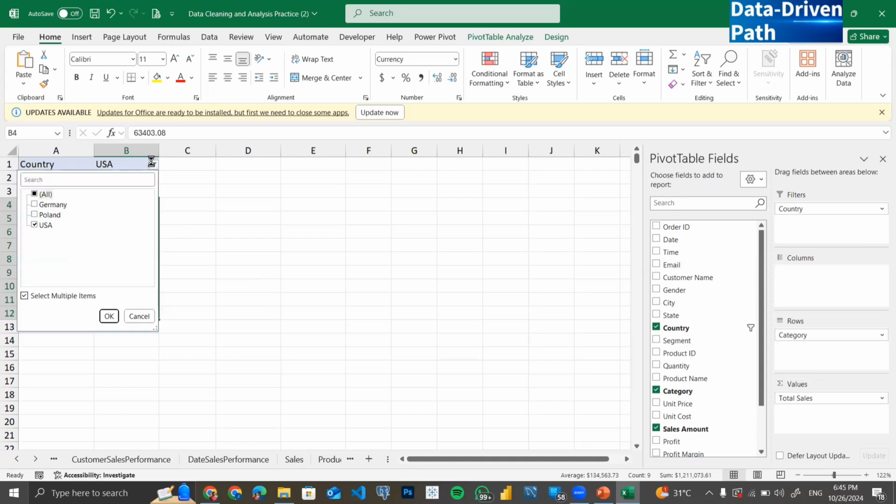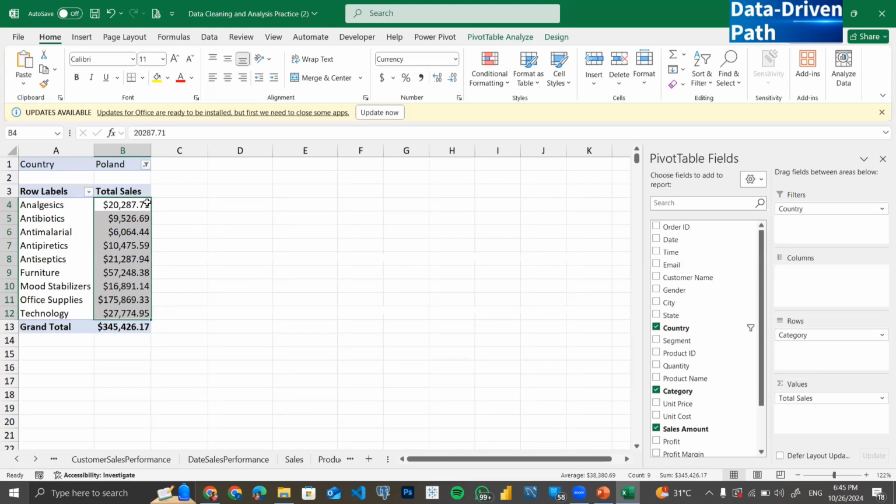You can come here again. Okay, I want to see for Poland now. Okay. It shows you for Poland. It changes these figures. So this is for Poland. Okay. Now,